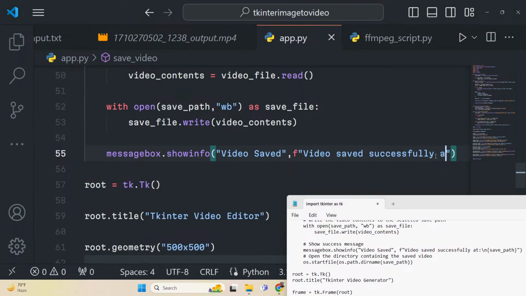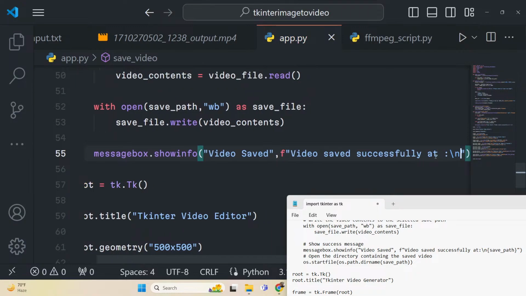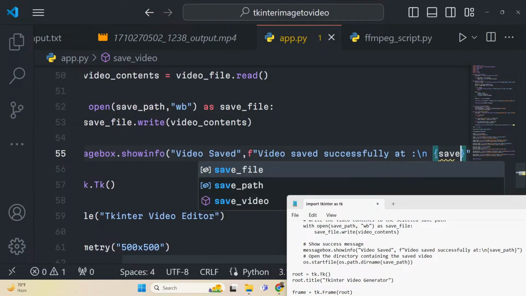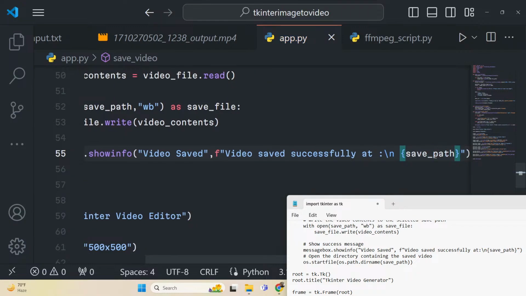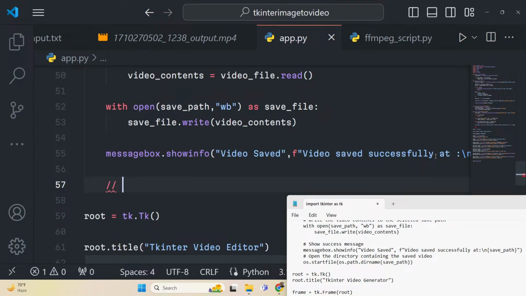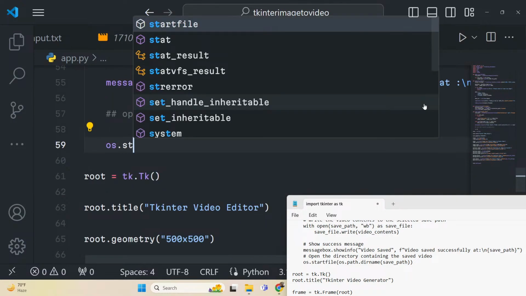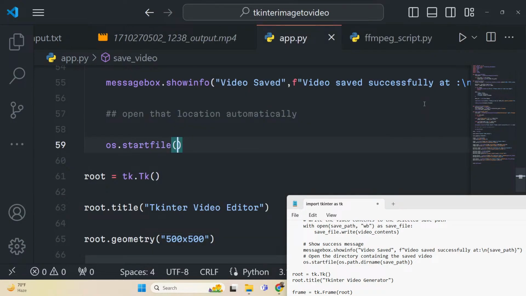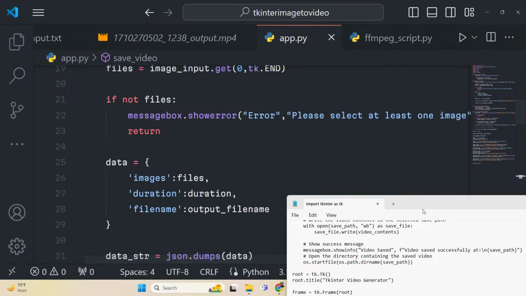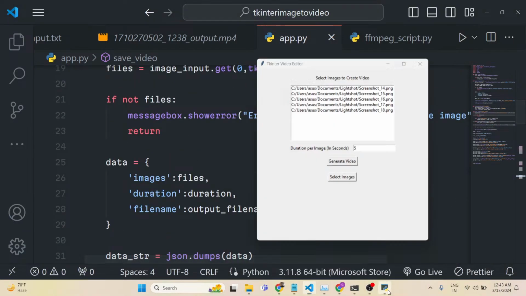Video saved successfully at save path, and then we can open that location automatically after you save it. So now to open that, we can simply call a function which is operating system dot start file and operating system dot path dot dirname, and then the save path. That's all. This is your full script, guys, and now if I show you this application in production, if I just reload that,